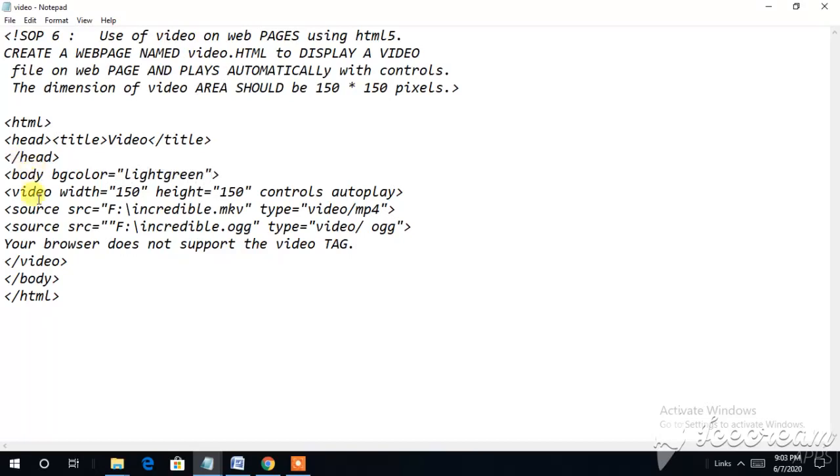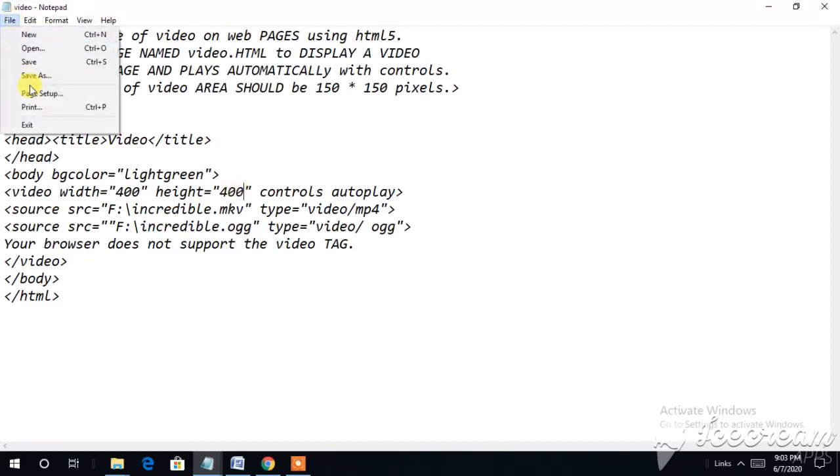Now one more thing I will be adding: instead of 150 pixel by 150, I will be increasing the width and height. I will be giving 400 by 400. I am putting 400 into 400, not 150.